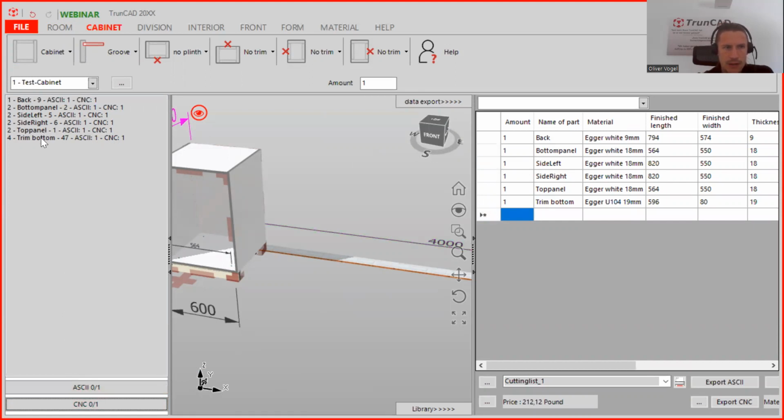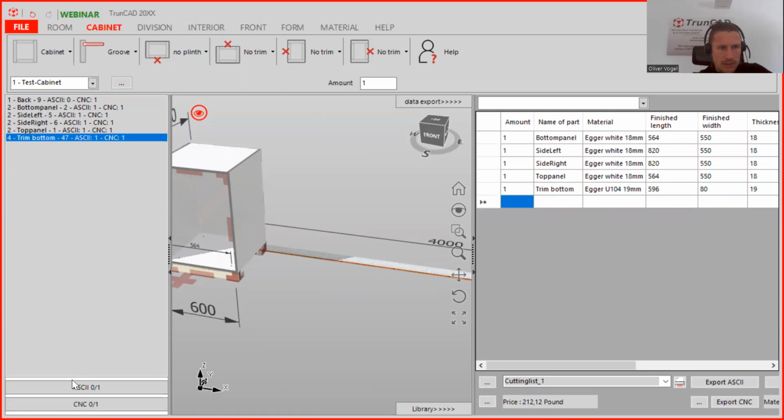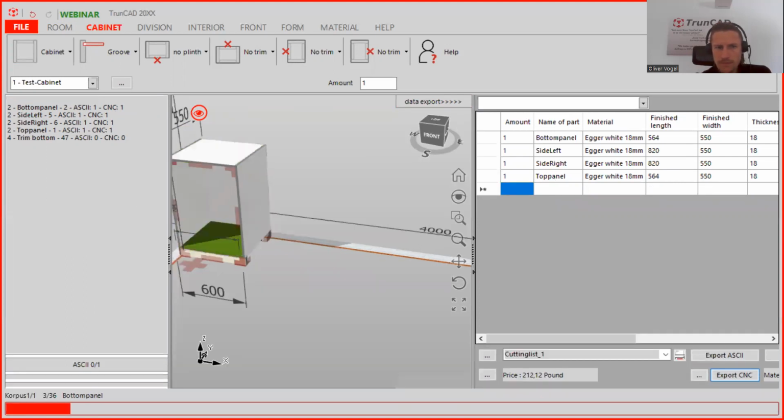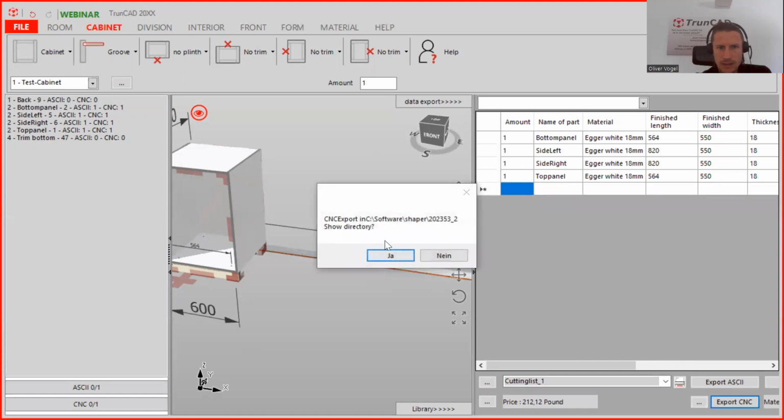Or when you don't want to have the trim and the back, click here, and it's disappearing from the cutting list. Then you see it's a 0 here. And when you don't want to have it as a CNC file, you click here again. So then we have 4 parts. And when you click here, export CNC, you just get